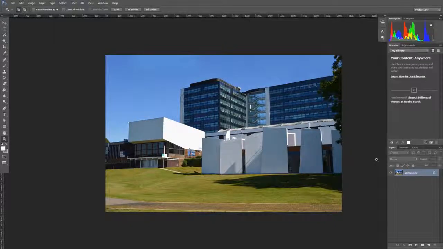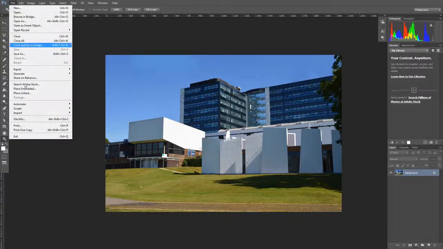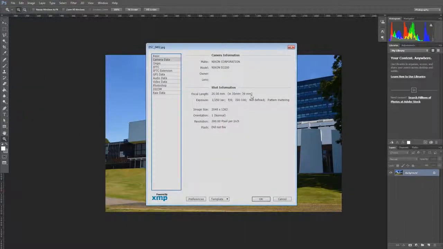Camera to find out what the actual focal length is required and to input it into Maya so we can match the perspective exactly. Now with most modern digital cameras, this is quite easy to find. So if you open an image in Photoshop, go to File, File Info, it will provide the information required. So currently the focal length was 26mm, but when it's provided in a 35mm lens, the actual resulting number is